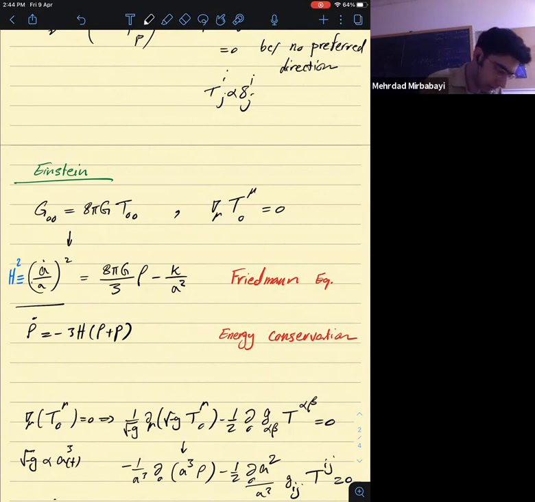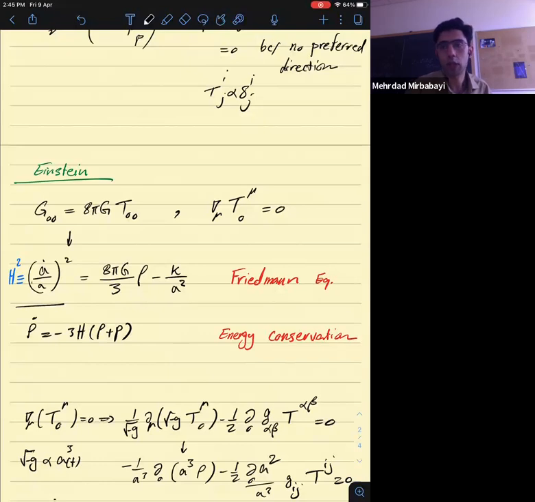But here, as you see, there are 2 equations and 3 unknowns, A, rho, and P. So we need to know some relation between P and rho, or if we know a relation between P and rho, then we can solve these equations. And that relation between P and rho is called the equation of state,